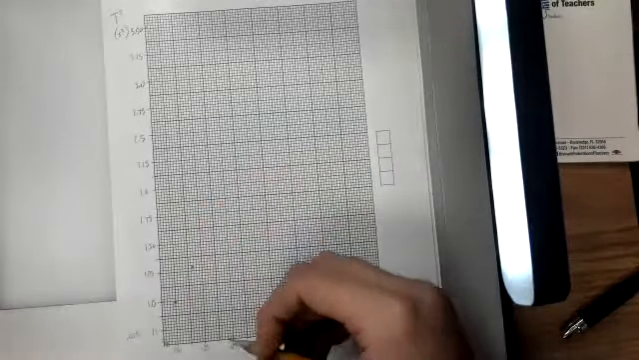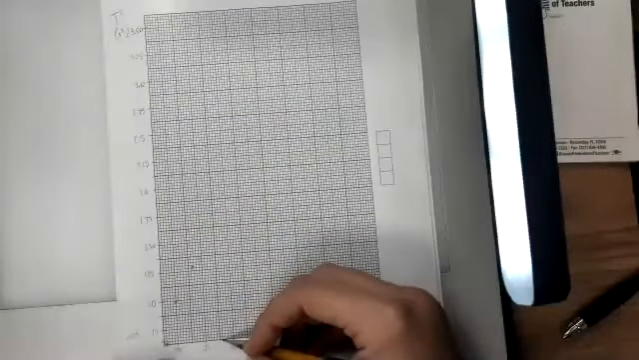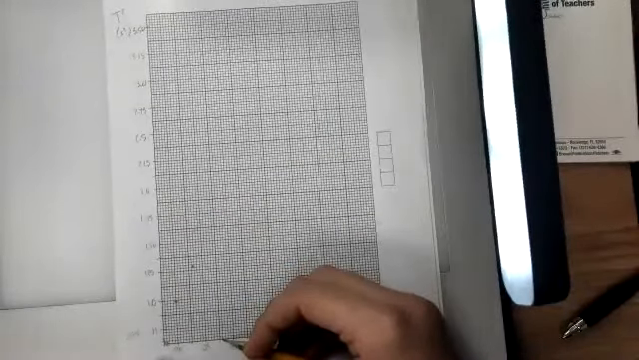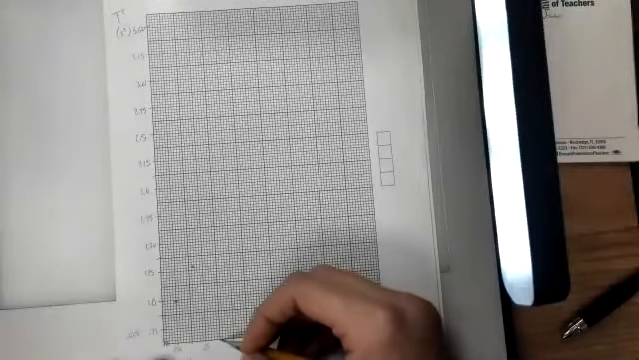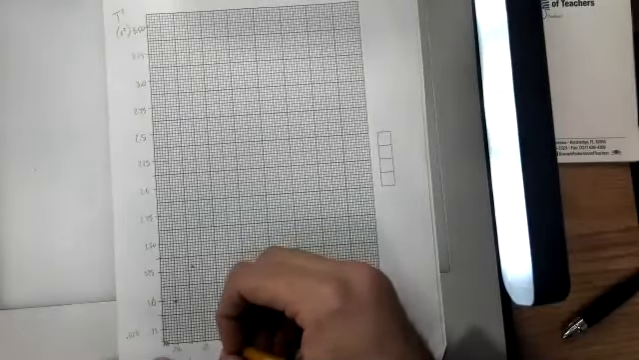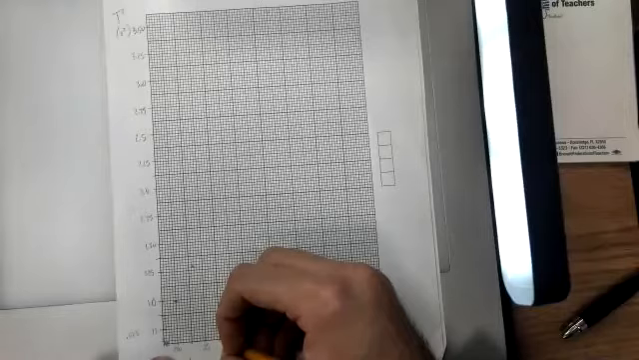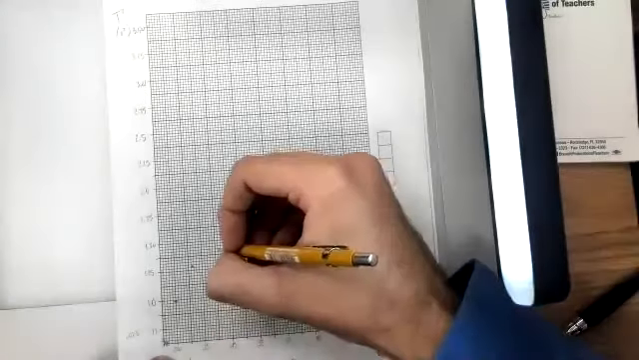Moving right along here, I got 0.407, so that's 0.4. 0.41 would be this one. So I go to 0.407, and I'm going up to 1.608. So the coordinates here are 0.407, 1.608. So I go all the way up to